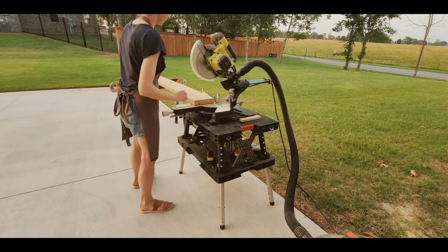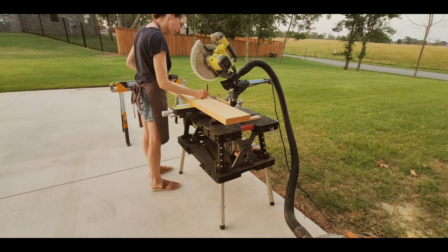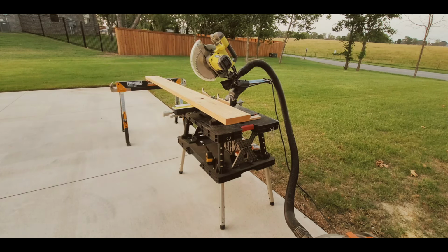I always like to cut one of the ends fresh before I start, and then I measure from the fresh cut end. If you're looking for a cut list for the exact dimensions that I used, you can go ahead